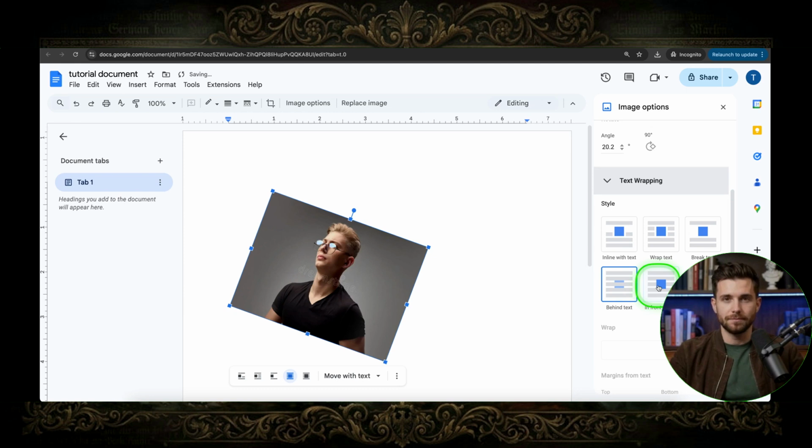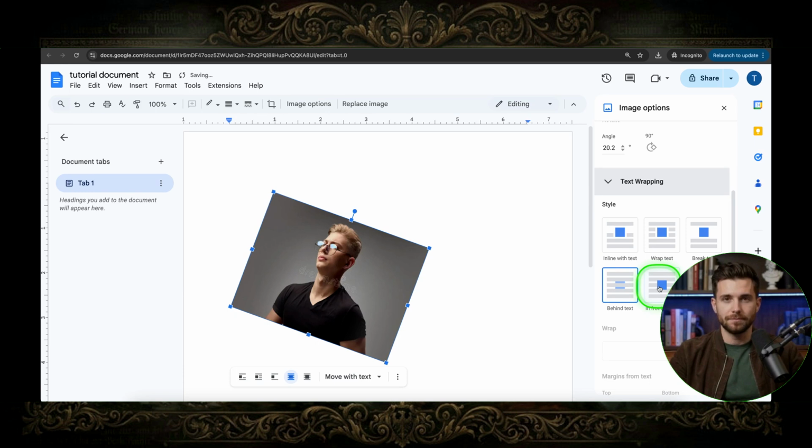Finally, you can add a description in the alt text section that covers the basics of image editing in Google